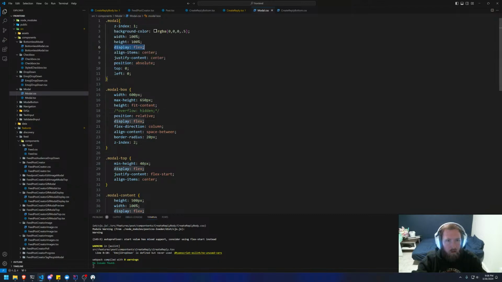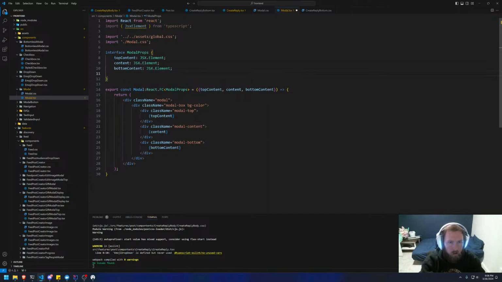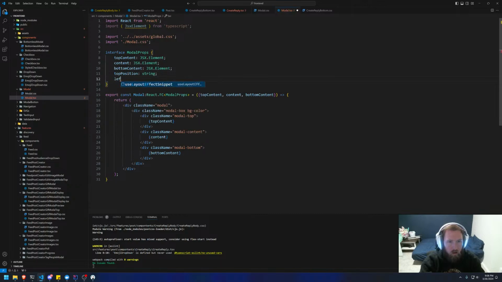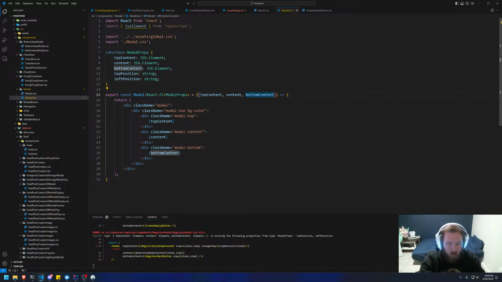So I'm thinking about getting rid of this stuff here, and then passing in where we actually want this. So if we go into modal.tsx, it already has this, so I'm thinking about putting like top position, and this will be a string, and left position, which is a string, and we could pass px here or whatever. We're going to have to find all the places we use this, and this is going to break a lot of stuff. That's fine. We'll bring in top position, bottom position,